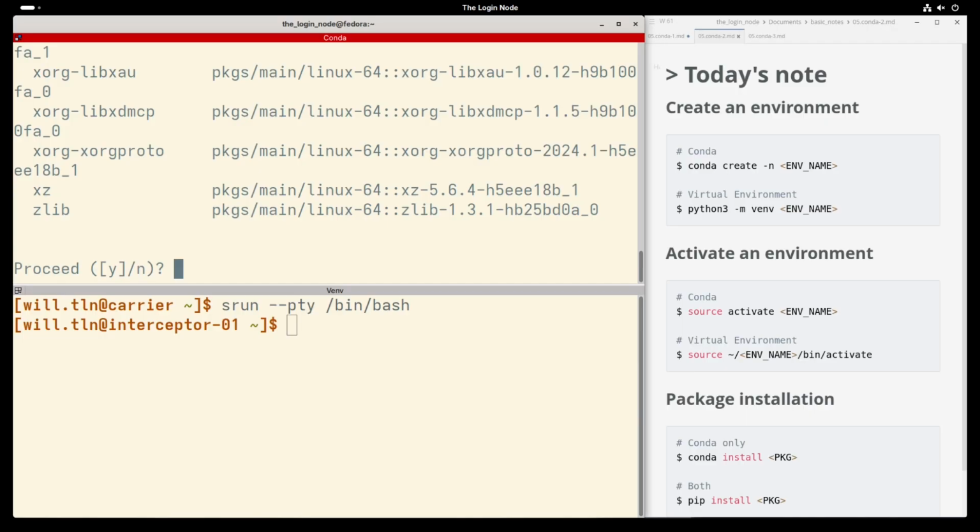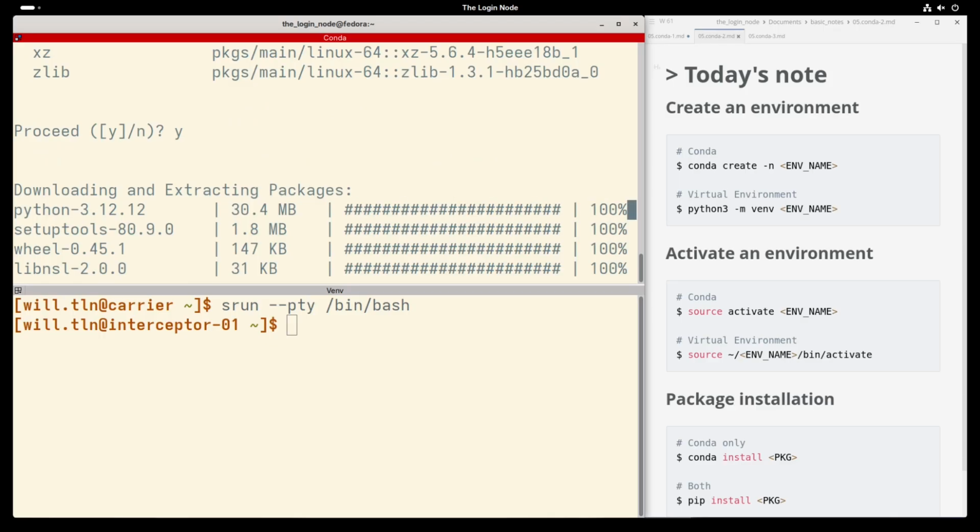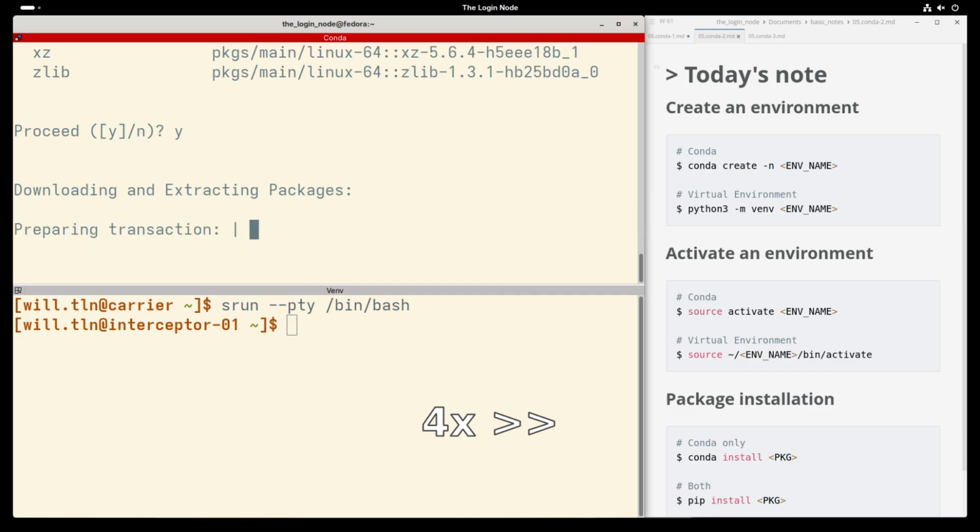Conda is asking, do you want to proceed? Type Y. It downloads Python and sets up the fridge.